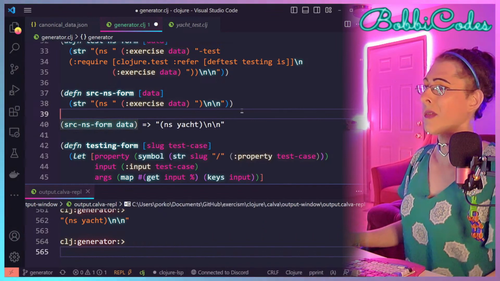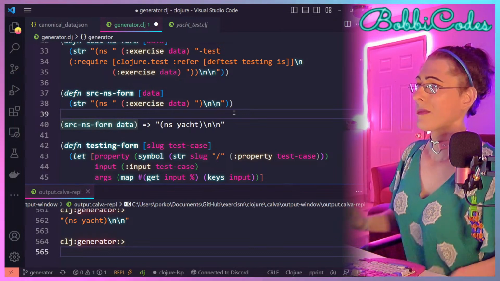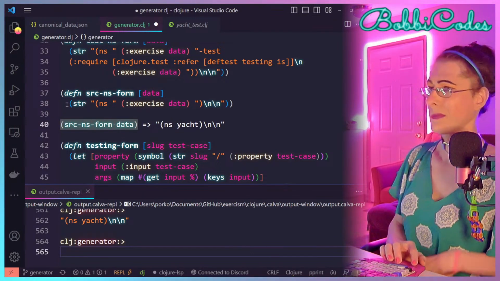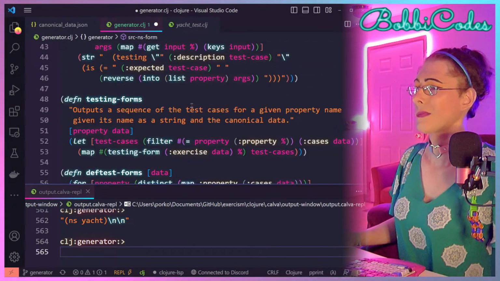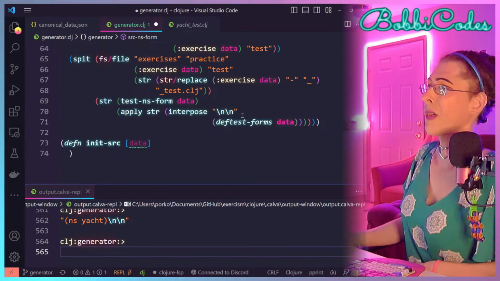And yep, that's the whole thing. Now, so it's going to create, now we need the function stub.